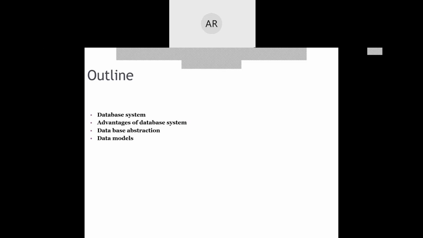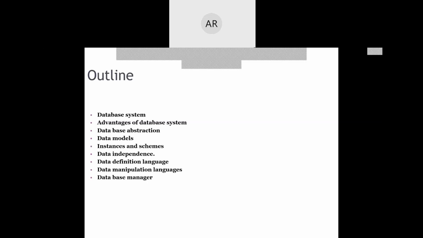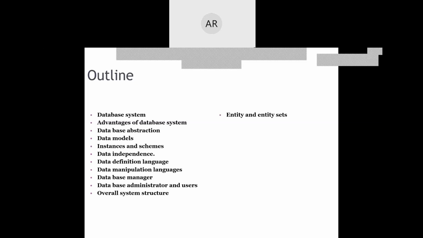Then we learned the advantages of database system, database abstraction, data models, data schema, data independence, data definition language, data manipulation language, what is a database manager, who are the users and administrators of the database, and what is the overall structure of the database.